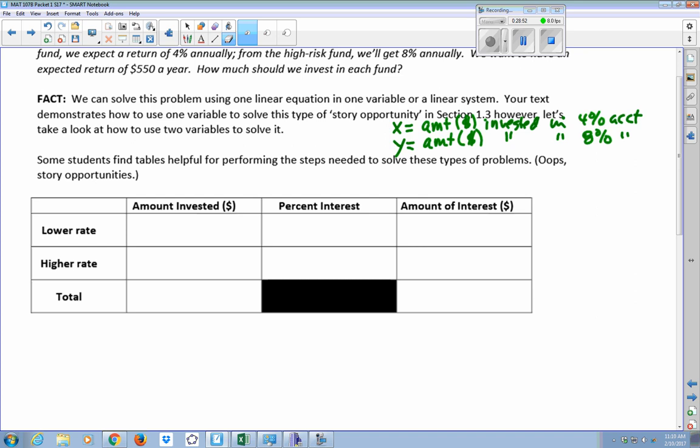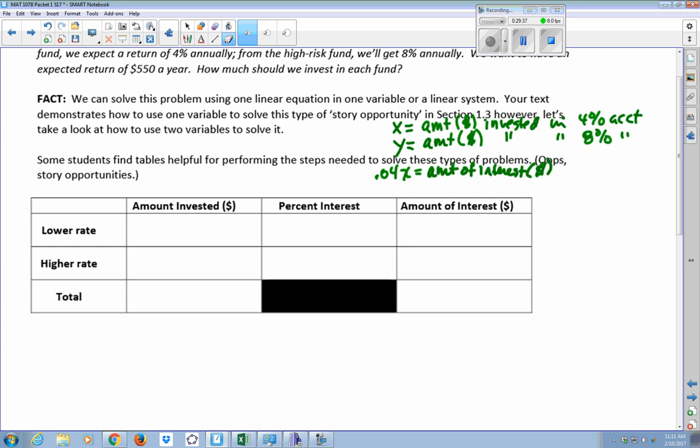This deals with the amount of money. What else am I dealing with in this problem? Well, what's the return called? The amount of interest. So 0.04 times X is a variable expression. It means something. It doesn't mean 4%. 4% has no units on it. A percentage has no units. It has no meaning in terms of a context. The X has a context. It's dollars. So you're taking a small piece of that amount of money, and we're calling that interest. That expression represents the amount of interest